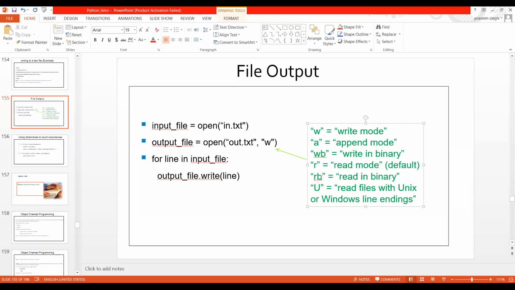In a similar fashion, RB is also there when we want to read binary. I'm pretty sure nobody would like to read any file in binary. Now we can also specify modes for when we want to read files with Unix or Windows line endings.